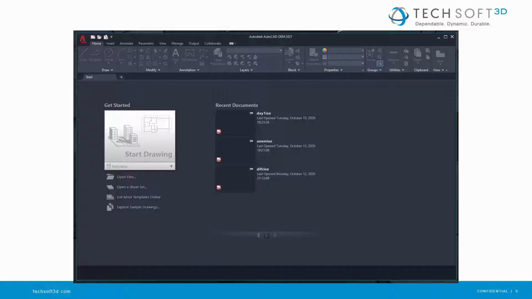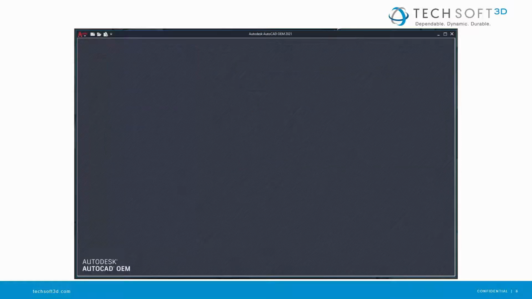And this is what it looks like when the start mode variable has the default value 1. The behavior and options depend on the value of the start up variable. That is left as an exercise for the viewer to play around with the different values. This is what it looks like when start mode value is 0.